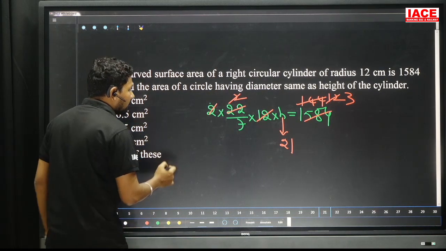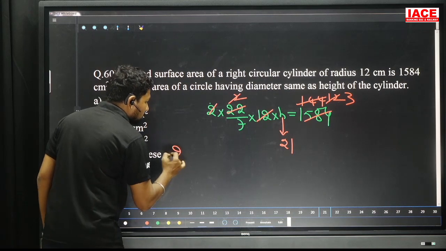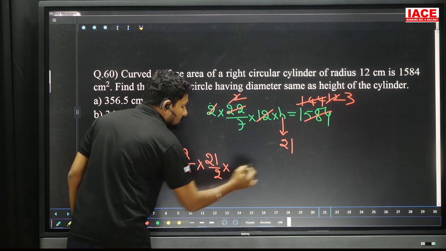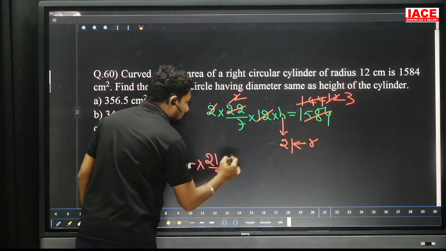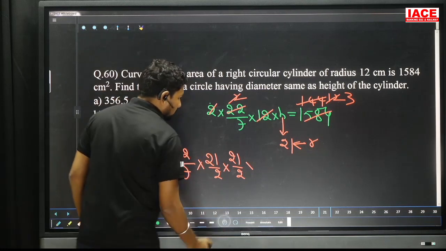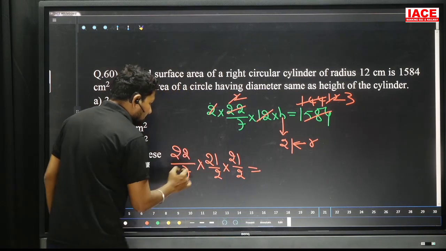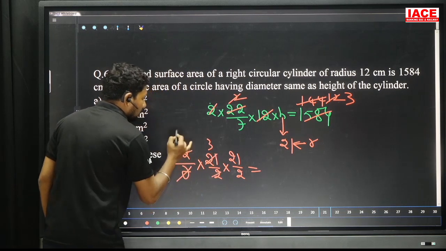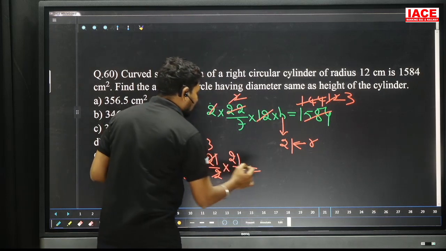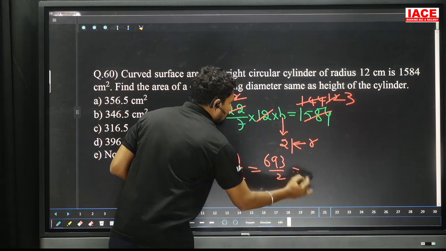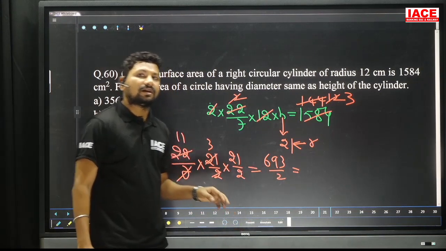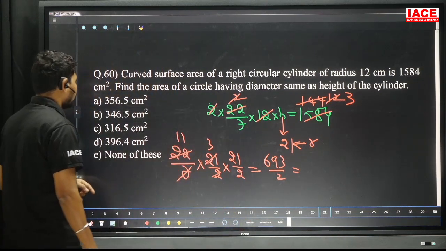Now we need to calculate the area. Area formula is pi r square. 22 by 7 into 21 by 2. This is the radius now; it behaves like the radius for the circular area. 21 by 2, pi r square. That is the answer. Pi r square is the circular area formula. Now cancel the numbers here. 7 3s are 21, 2 11s are 22. 21 times 33 is 693 by 2. So 693 by 2, half value. 600 half value is 300. 93 half value is required. 93 half value is 46.5.